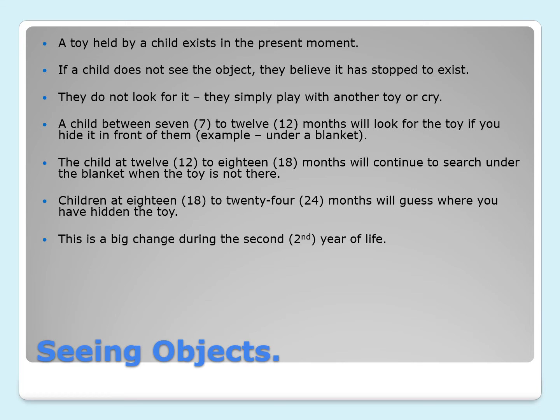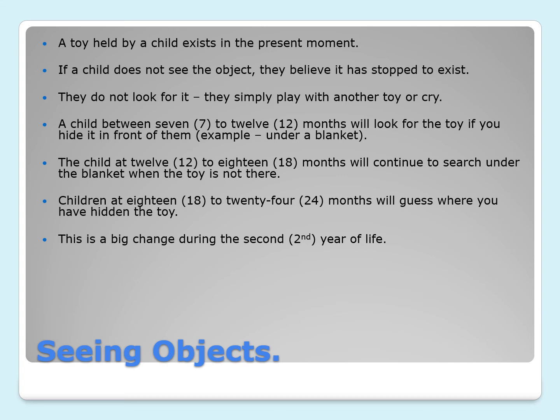However, if you were to take the toy and pretend to put it under the blanket and then sneakily put the toy behind your back, when the child lifts the blanket up and the toy's not there, that child's not going to understand that you probably moved the toy. The child's going to think, well, why isn't the toy under the blanket? I know you just put the toy there. Why is it still not under the blanket?